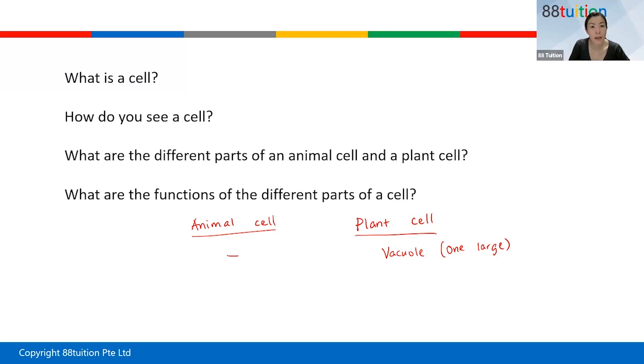Okay, actually, there are vacuoles in animal cells. And you're going to learn this in secondary school. So I'm not going to lie to you and say they don't have. But for animal cells, there are many small vacuoles. It's not that they don't have at all, right? So in case you get a shock, you go to secondary school and then you see that,